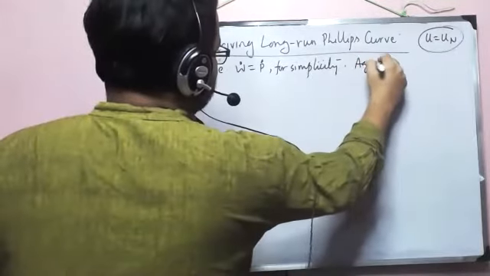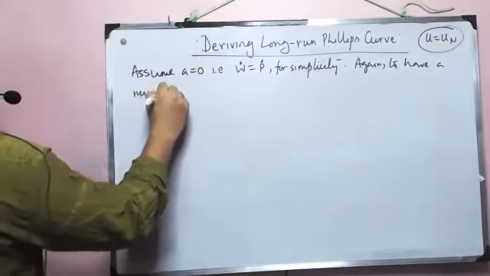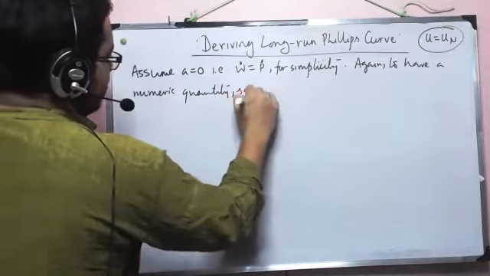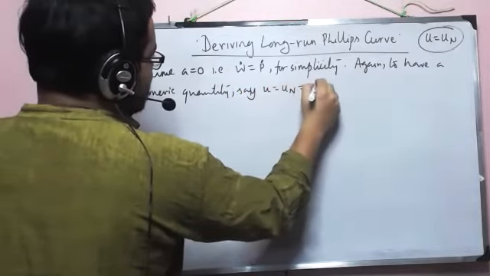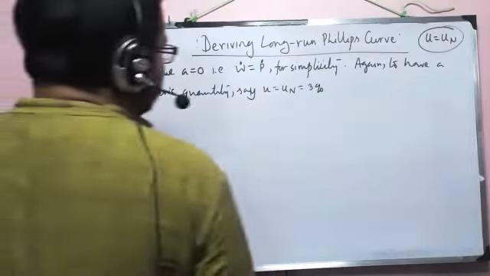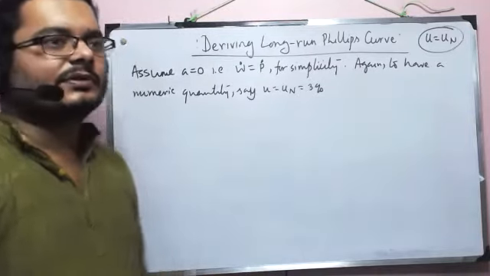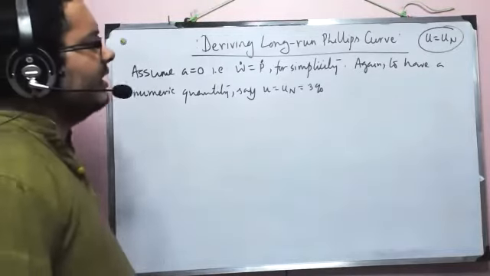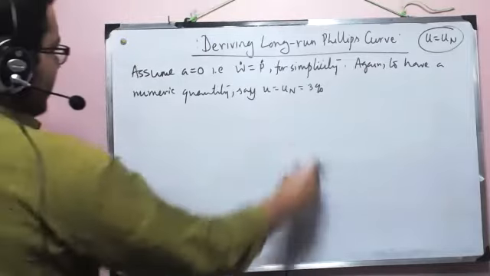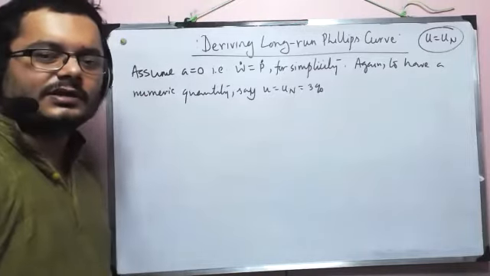Again, to have a numeric quantity, say U equal to UN equal to 3%. The reason for considering this is that in developed countries, generally the natural rate is considered between 3 to 4%. When it goes beyond that, then it's a cause of concern. Otherwise, it's fine. So if we have in an economy 3 or 3.5, let's say, then it's fine. I mean, that much unemployment rate will be there.